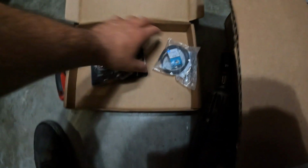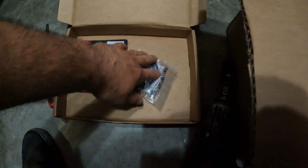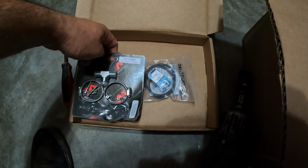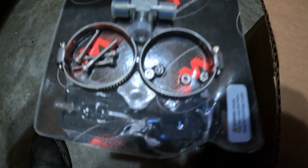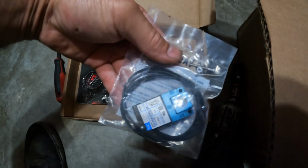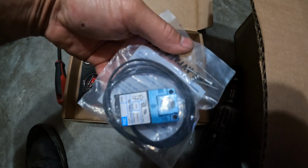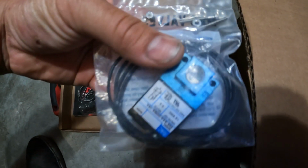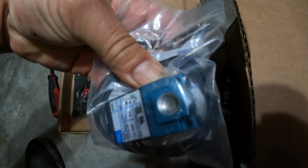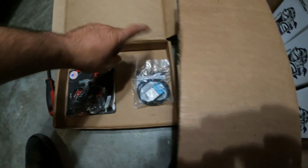Number 1 is I got the dual Mac valve setup from Motion Raceworks, and what that's going to do is allow us to control the boost and hold it where we want, because you guys have seen our last video from the dyno. We weren't able to even hold more than 15 pounds, so it was just dropping boost everywhere. So hopefully with this and the intercooler that we're upgrading,